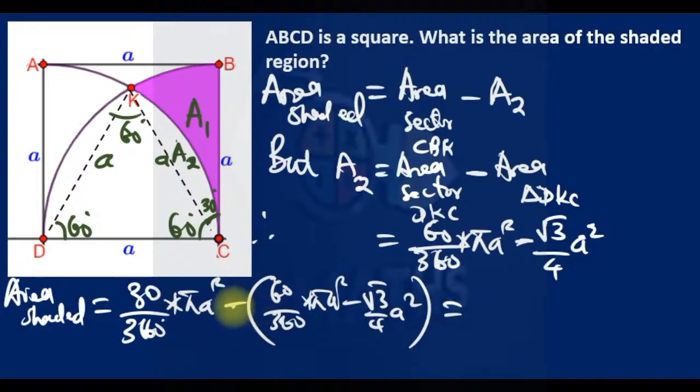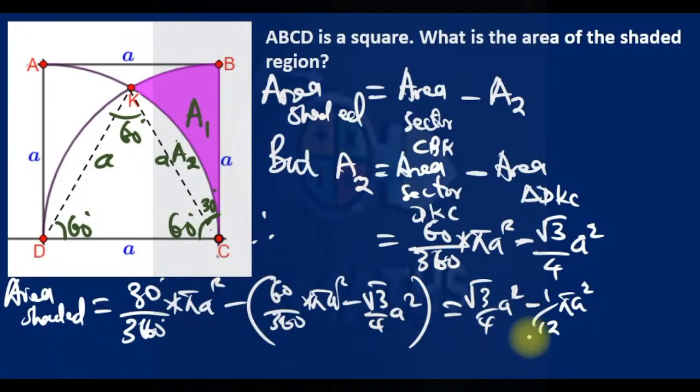As you can see, minus times this is root 3 over 4 a squared. I'm solving from the back because I want to subtract this from this. So 30 over 360 is 1 over 12, while 60 over 360 is 1 over 6. 1 over 12 minus 1 over 6 is minus 1 over 12. So pi a squared,